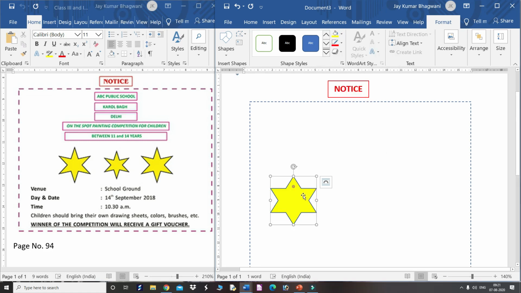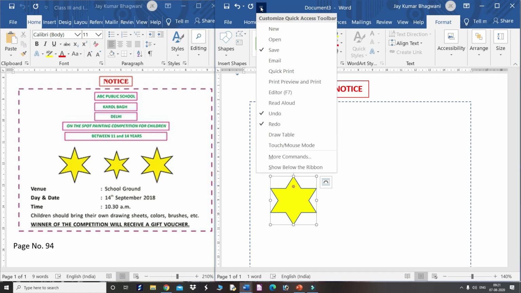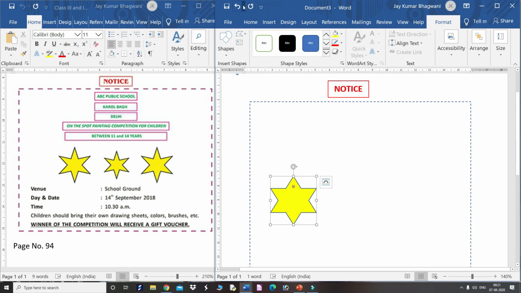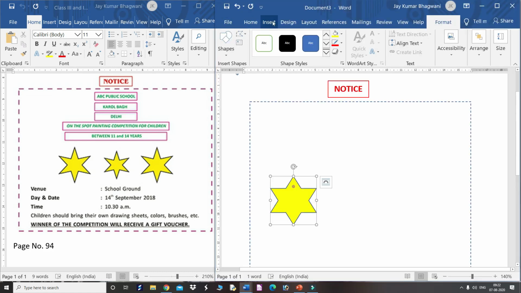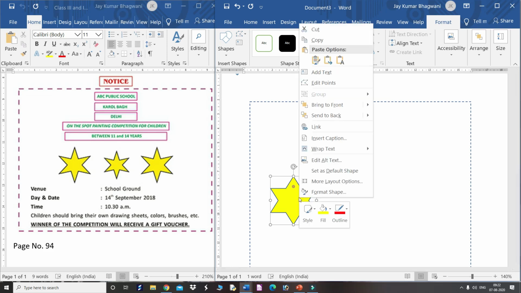Now you can make copies of these stars. You can go to the quick access toolbar, or you can just copy it by right clicking.